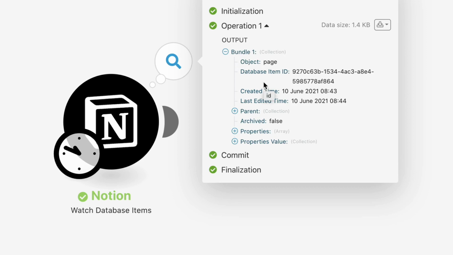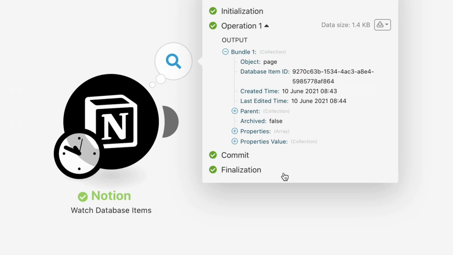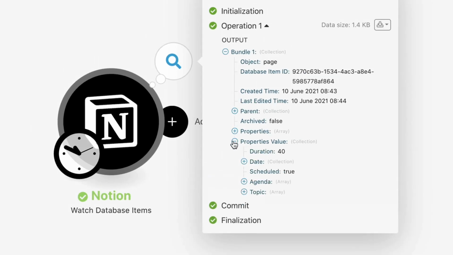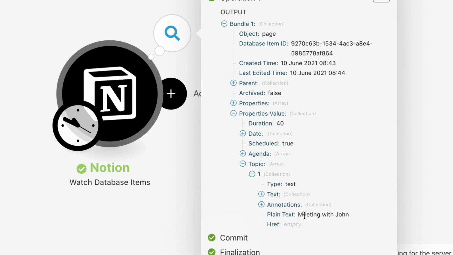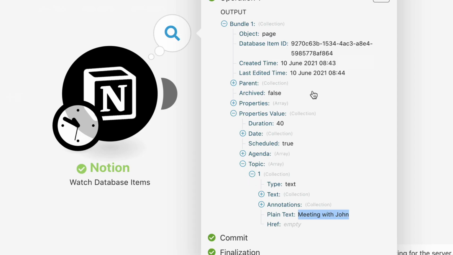Now a bundle is basically a result, right? So it has retrieved one result, and that makes sense because on my database here I only have one new page, one new item, right? So that makes sense, and I can check which meeting this is by clicking on this property values data element, collection right here, and then under the topic, as you can see, the plain text says meeting with John, right? So I know that this whole thing right here is the data for this meeting, right? Great. So my module works